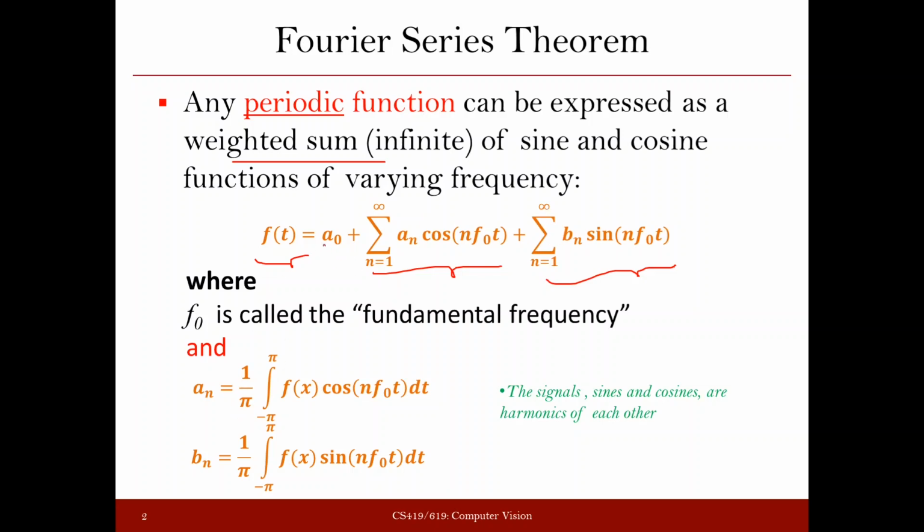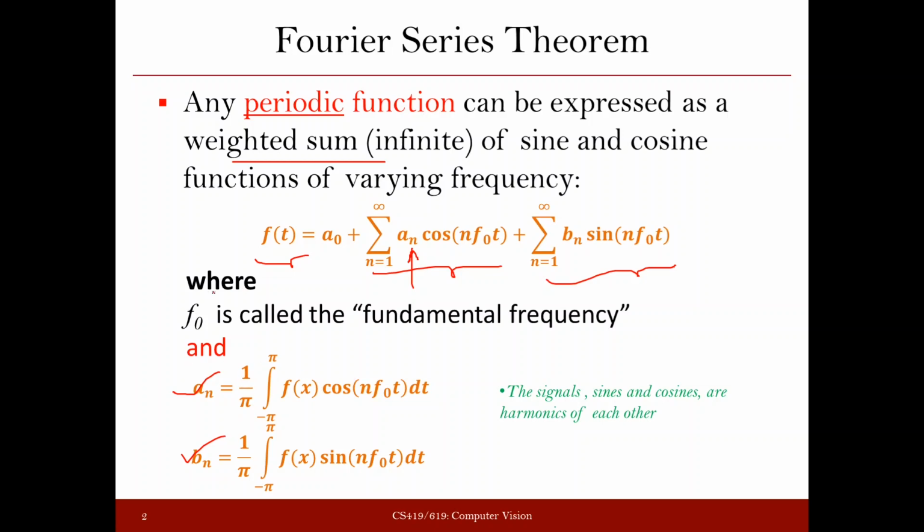Now this a naught, an and bn that you see, they are constants, and you can say they are some kind of weights that you are assigning to a particular sine or cosine wave that you are using to represent the left side function. And these constants can be evaluated with the help of these expressions. Okay,